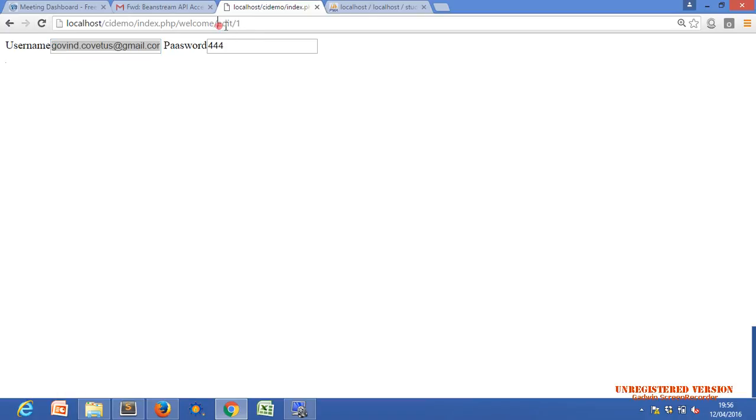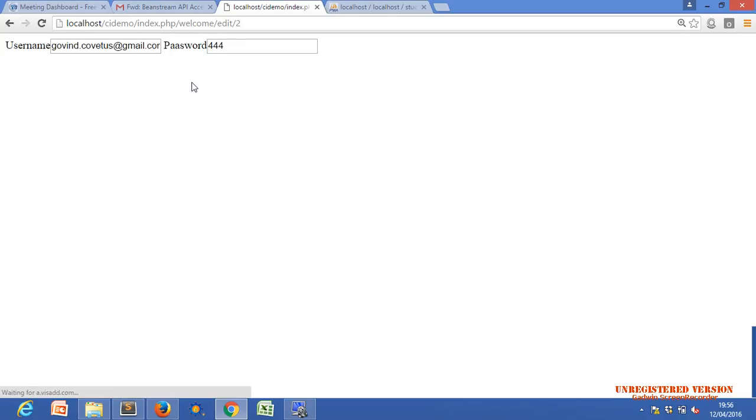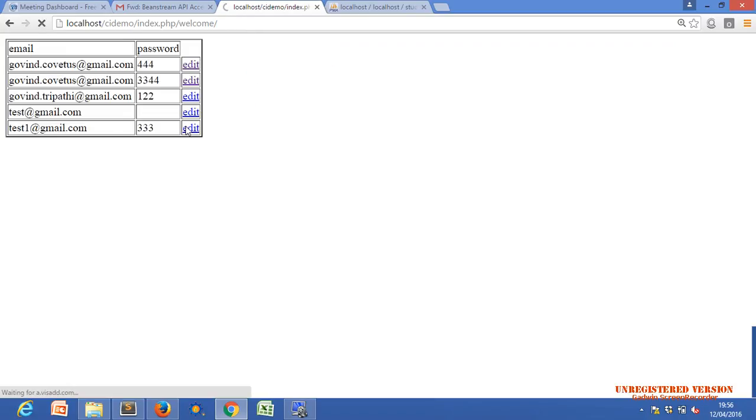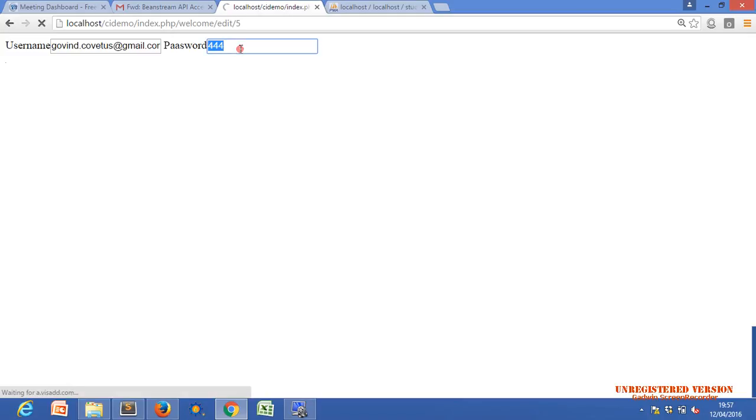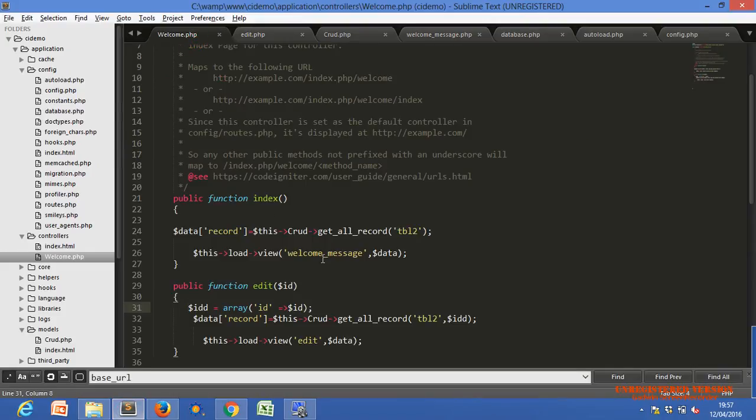If I just remove this, any record will be here. If it is the two number record, the last record, we can get the record. If we click on edit, it is null, meaning there is no edit button also. If we create an edit button and submit, nothing is going to happen because we didn't code for that right now. But we just fetch the record for a particular ID basis. First thing in the model, first thing in the view.